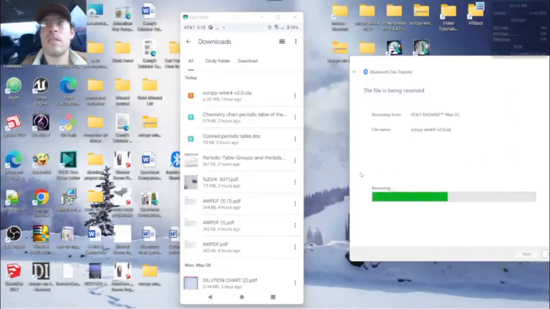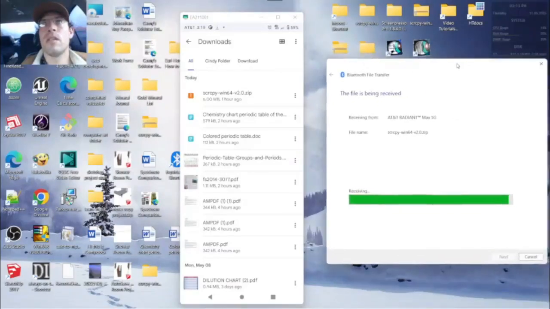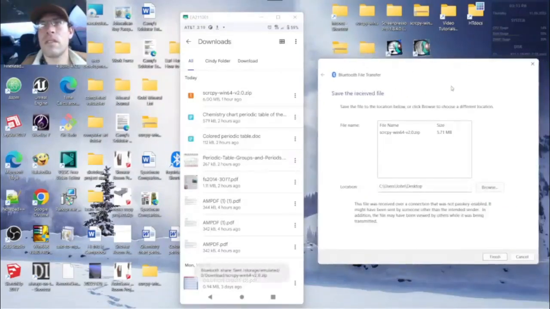It's receiving. This is 5 megabytes. This is how long it takes. But typically, I usually use this for documents. But for small zip files up to 100 megabytes, it's pretty decent time. It's pretty quick. I'm running, what was it, Intel i7 on